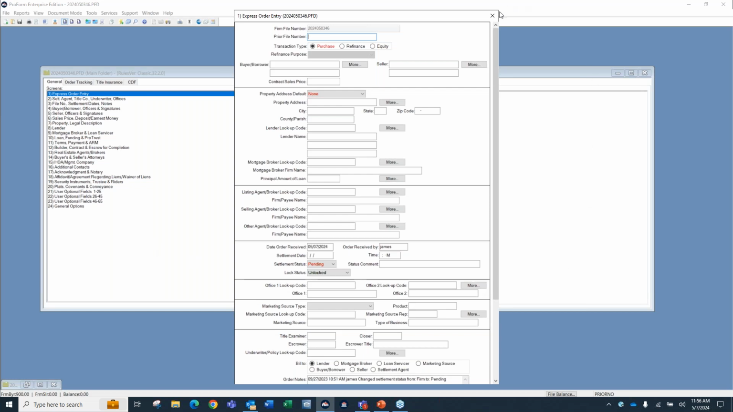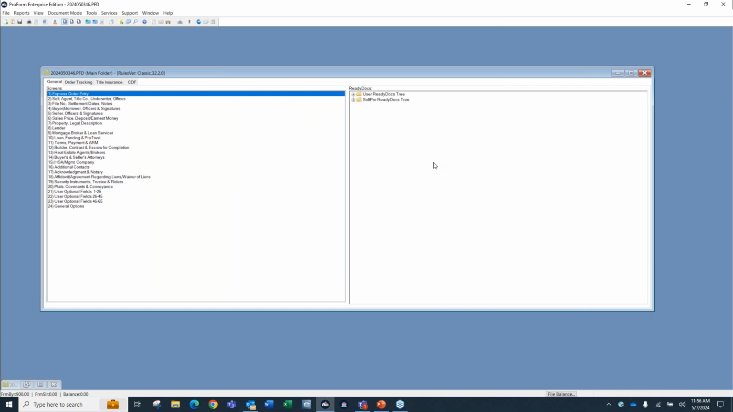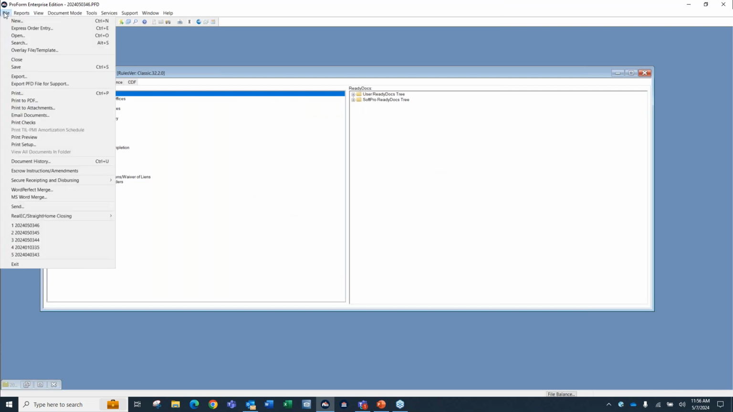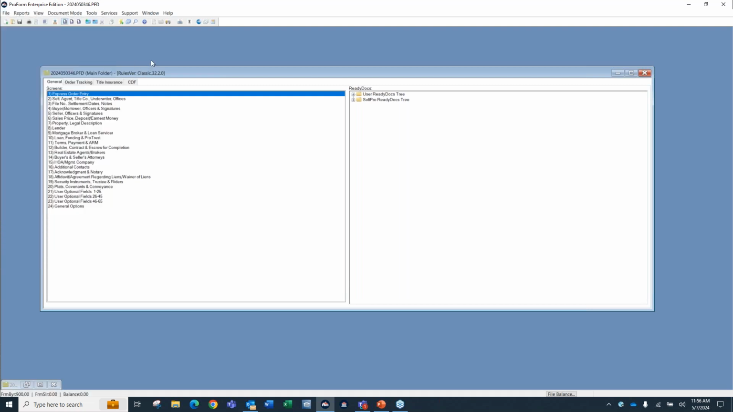So that is where overlay is going to be our best friend. When we have a file open, we can go to our file menu and choose overlay file or template. On our toolbar, there's also an overlay icon right to the left of your search icon. You've got your overlay file or template option. And what that's going to do, either from the file menu or from the toolbar, it's going to allow you